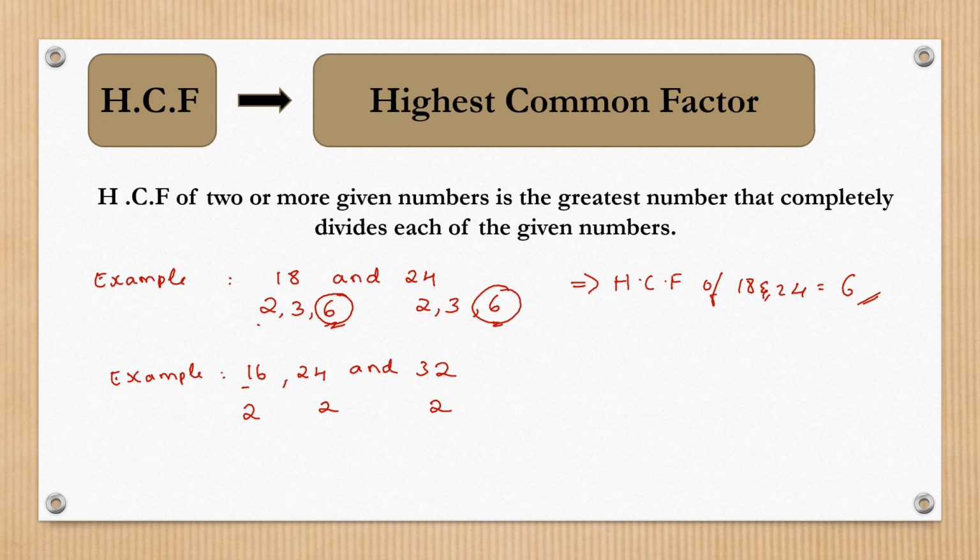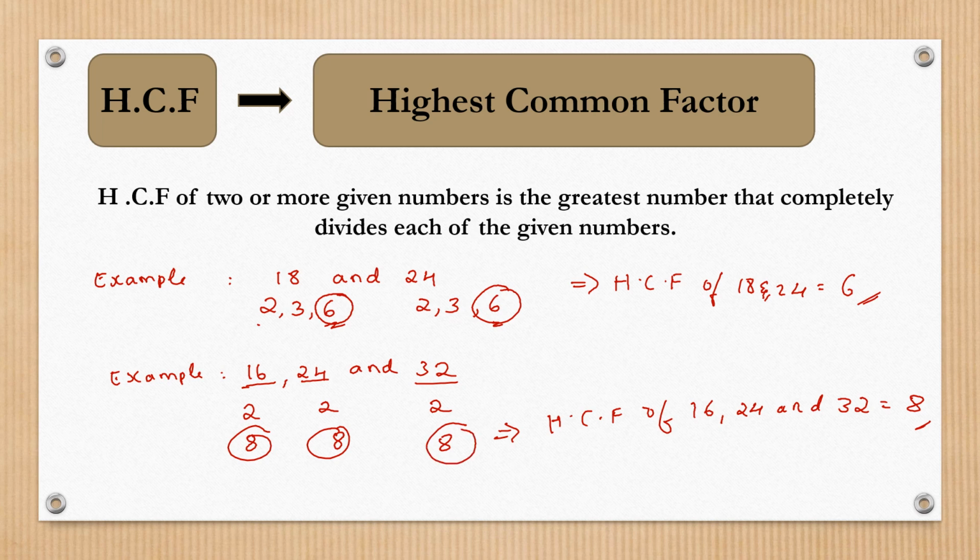Like that, children, you need to keep on checking which numbers will divide these three numbers completely. So next let's take 8, because 8 2s is 16, 8 3s is 24 and 8 4s is 32. 9, 10, 11, 12 is not possible. So let's stop here and find the HCF of 16, 24 and 32. Children, the number 8 is the HCF of 16, 24 and 32,